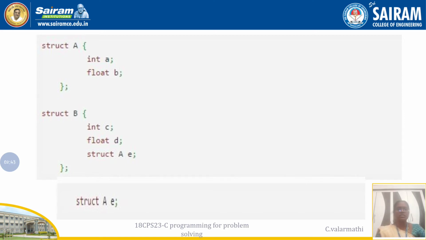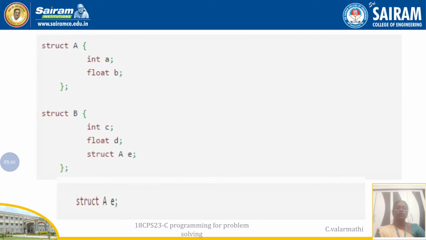The next one is structure B. In that I have again used two members, int C and float D. Additionally, I am using the previously declared structure variable as a member of structure B. So struct A E: here A is the name of the structure and E is a variable of that structure. That E is considered the third member of structure B. This is also possible in C.